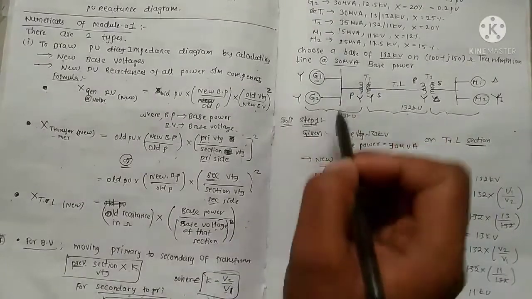Since we are calculating G2, this section voltage we have to take is 13 kilovolt,